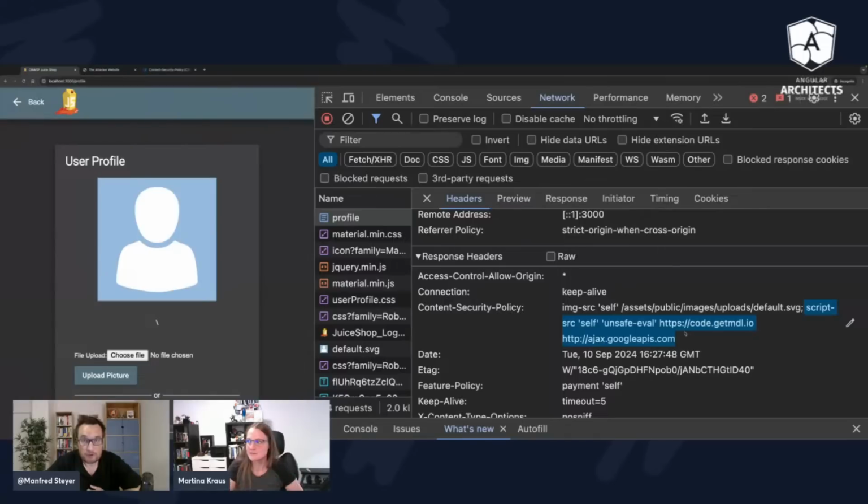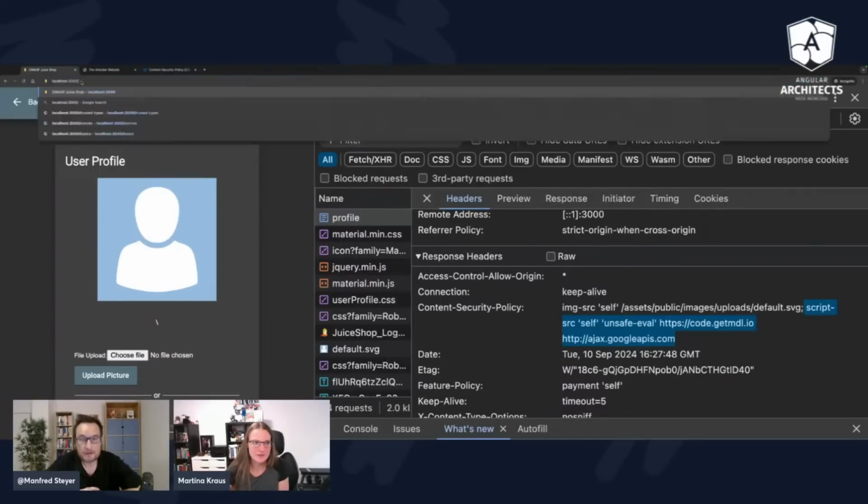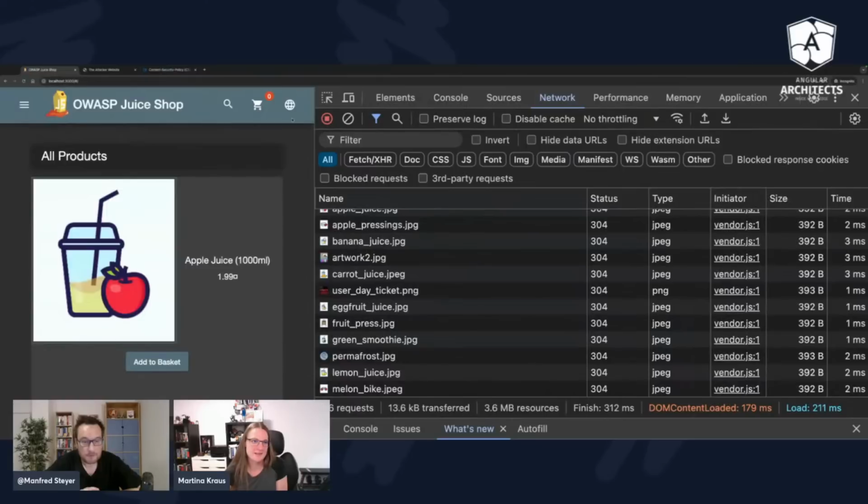Yeah, so cross-site request forgery is also always a huge topic. Yes, unfortunately, yes. So cross-site request forgery is also unfortunately a very common attack, which uses the cookie-based authentication in its favor.